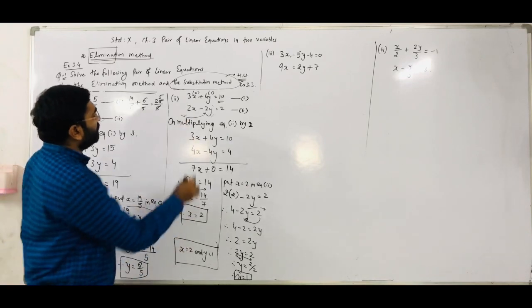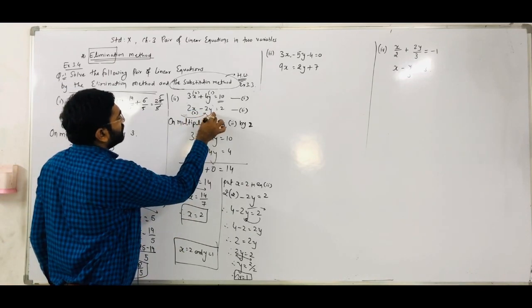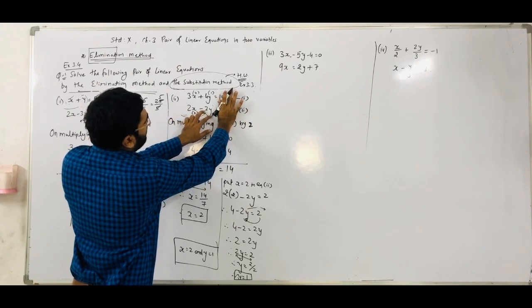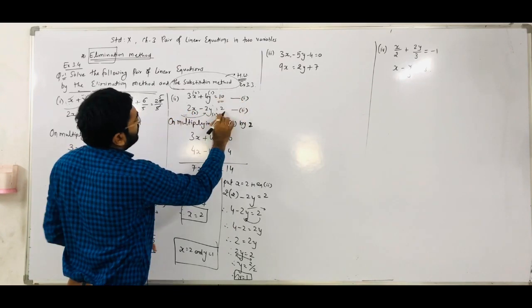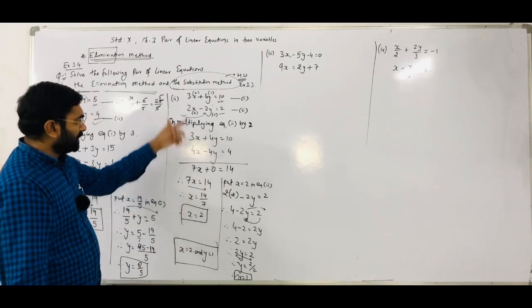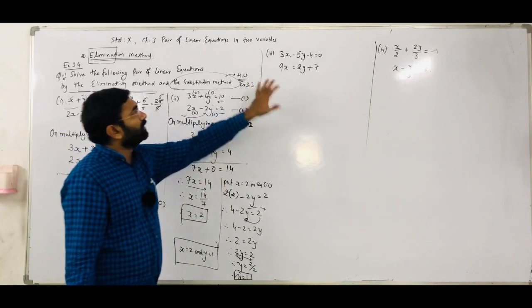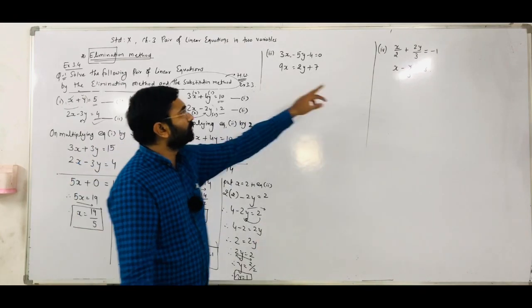Right. Same way, if you put x is equal to 2, y is equal to 1, observe 2 2s are 4 and 2 1s are 2. So 4 minus 2, you get the 2. Okay. So that way you can also verify your answer. Right. Now third question. Third and fourth are very important.